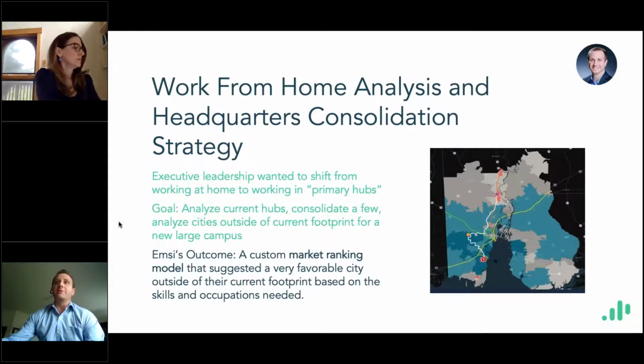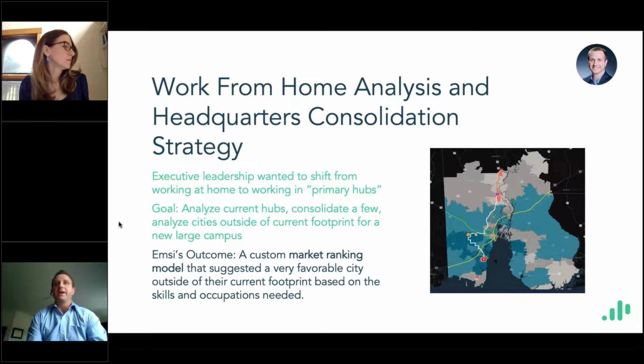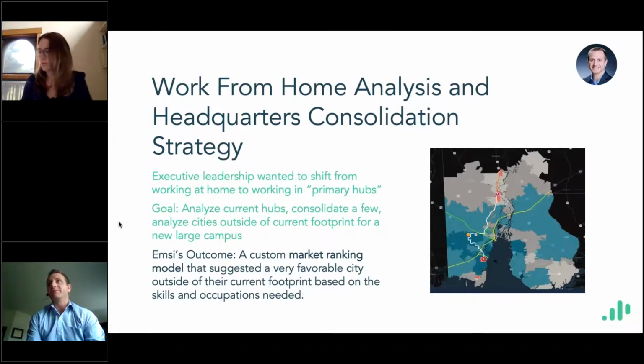What it also allowed them to do, though, was to make recommendations of which employees should be allowed to continue to work from home because their skills were so rare in any given marketplace that was being analyzed. There were some employees, especially in cybersecurity or IT, that have skills that are just so niche and so difficult to find that they decided to let those folks continue to work from wherever they are because they couldn't afford to lose them. There were other skills that were more common and that they felt they could probably backfill if someone was not willing to move for that opportunity or for that new hub location.